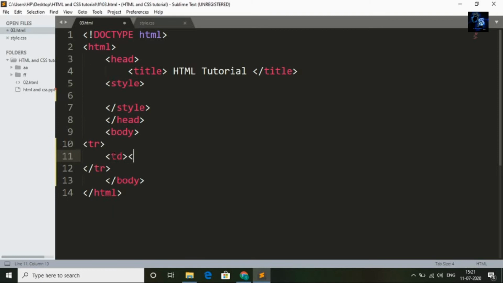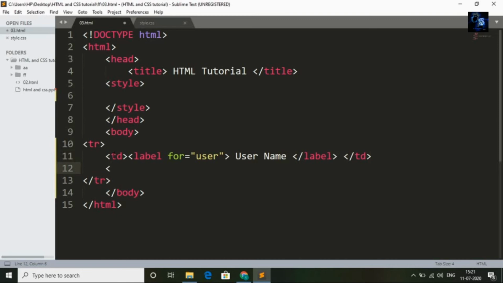and I will add a label for user. Now I will type user name and the closing tags.